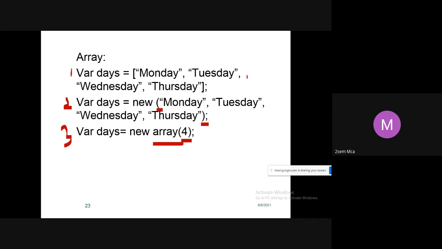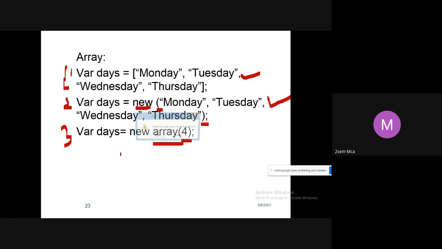But in the above two examples, the values are fixed. So this is how you can create arrays in the JavaScript program. This is a literal method, and this is using a new keyword.